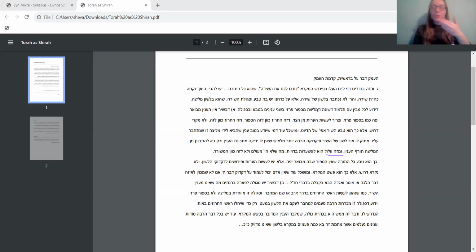This is not called drush. This isn't some deeper, far-fetched idea. No, this is elakahu pshat hamikra. This is the most literal, straightforward meaning of the text. That's what it means to be shira. This is the most straightforward meaning of the text, to be analyzed and decoded.